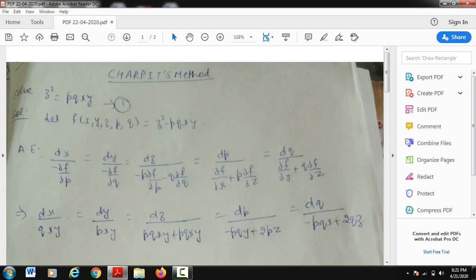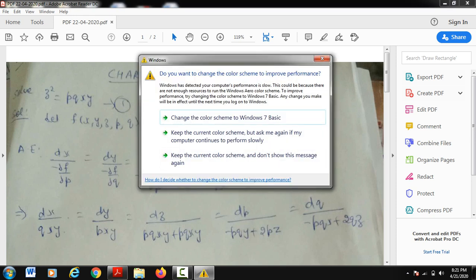You will write all these factors here and solve them. If you are able to solve them directly, then it's okay. If you cannot solve them, or the solution is impossible from here, you will use the method of multipliers to get the solution. So students, by using these auxiliary equations or the multipliers and using the given equation, you have to find the values of p and q.